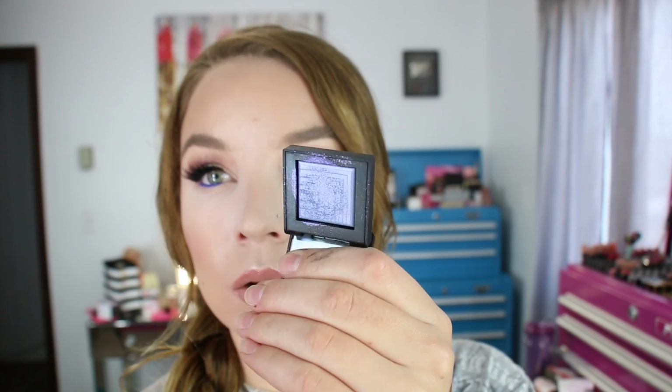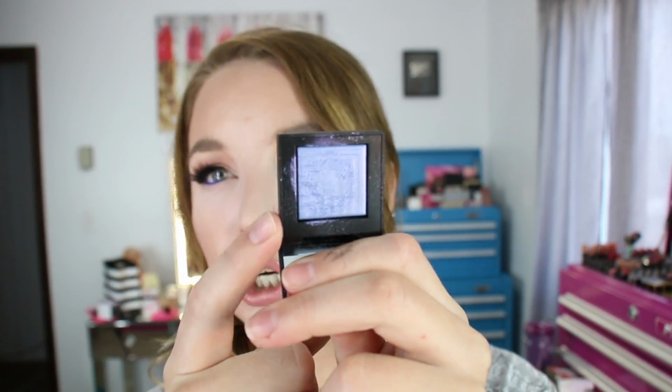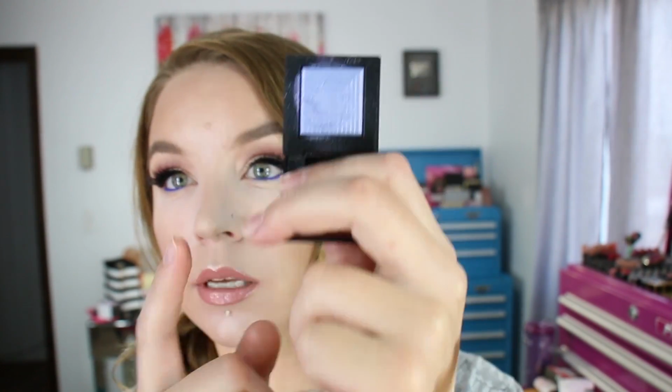And then the last one is in the shade Pool Shark, and it's a really unique color. It looks like a periwinkle blue, but there's a purple shift in there that on the lid looks really, really stunning. Now I will say that Deep End and Pool Shark, so this teal and this blue,